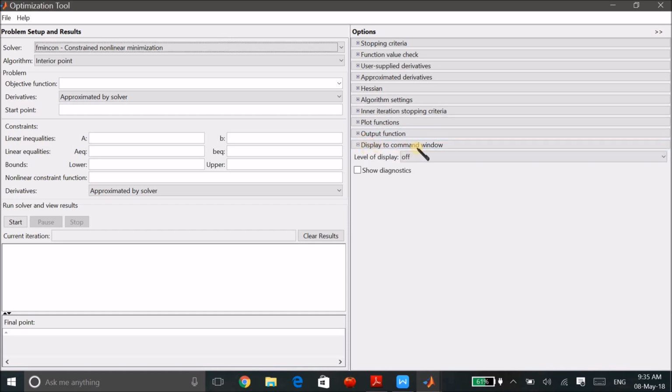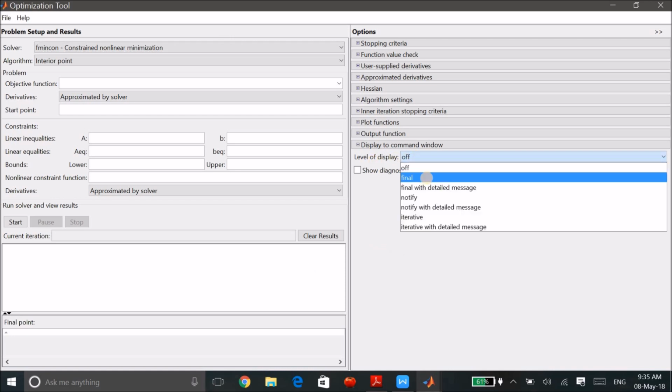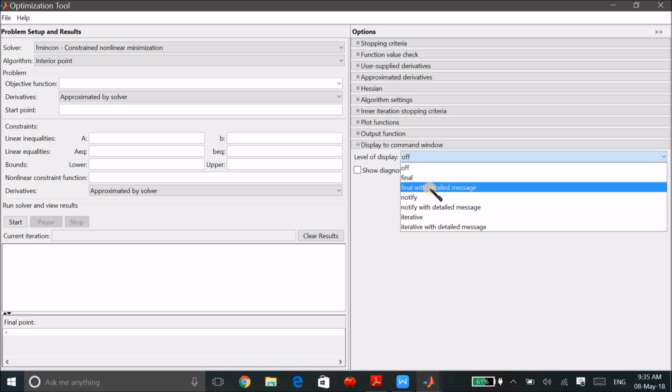Then you have display to command window. Whatever you set here will be displayed in the command window. Right now it is off, so it displays nothing, no output. If you select final, it will display the final output. If you select final with detailed message, it will display the final output with the detailed, technical exit message.